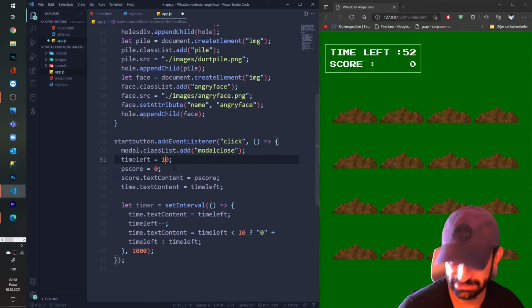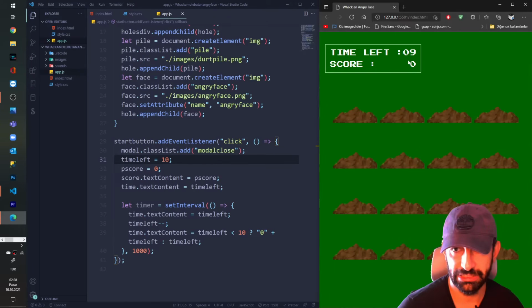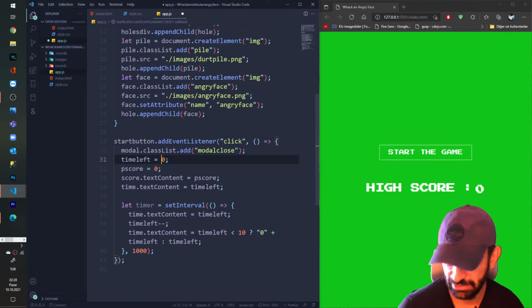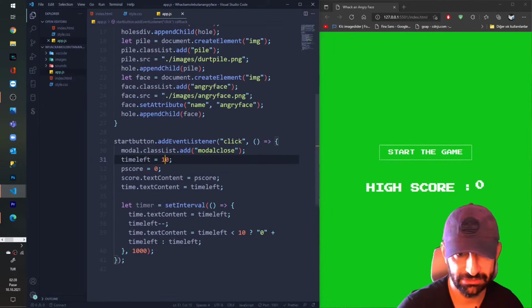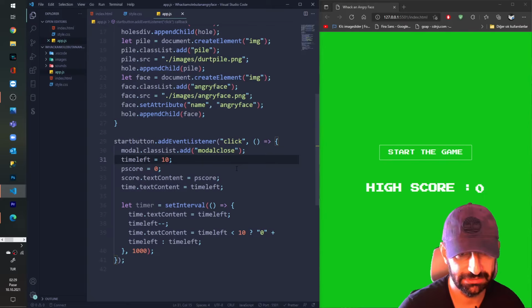Let me make it 10 seconds, and you see 0 9, and for this 0 1 0 0, and the game finished. But I'm gonna make now this control here. Okay, put here 10 seconds. Okay, and now we're making the control of, if we hit the time left is 0, what is gonna happen after that?